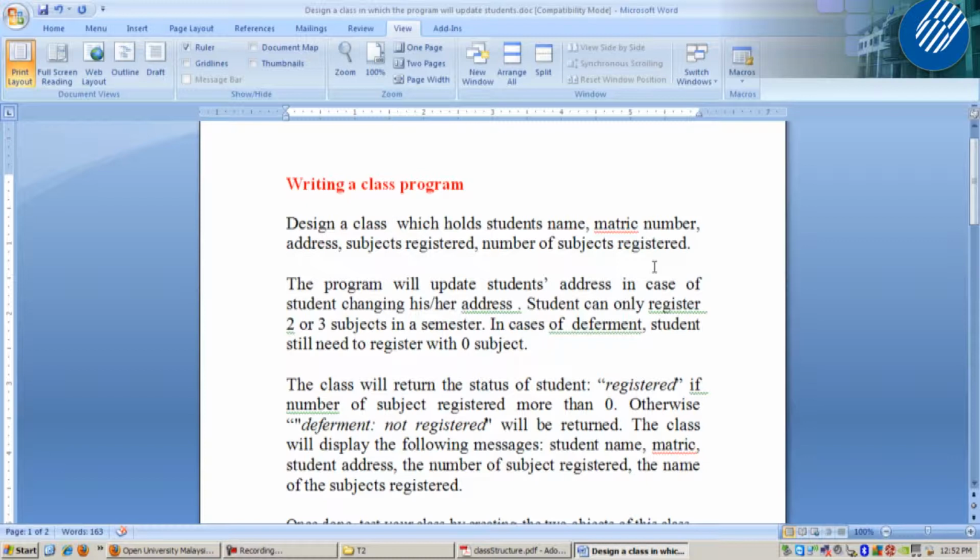The program will update student's address in case of the student changing his or her address. Student can only register 2 or 3 subjects in a semester. In cases of deferment, students still need to register with 0 subject. The class will return the status of student registered if the number of subjects registered is more than 1. Otherwise, deferment not registered will be returned. The class will display the following messages: student name, metric, address, number of subjects registered, and the name of the subjects registered.